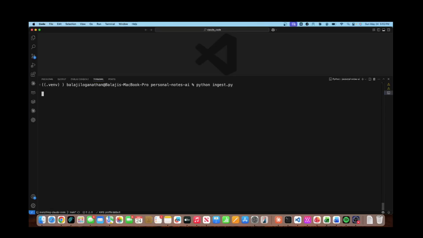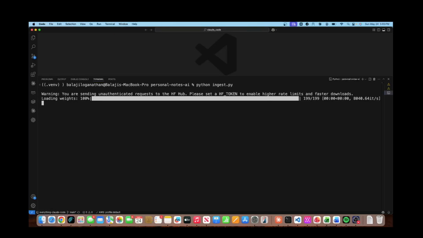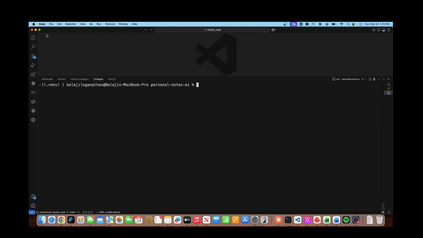Once the notes are ingested, then we can start asking questions. So this is a very simple use case where anybody can install the application and then immediately start using it. So as you can see here, it says ingested 5 nodes from the notes file, and then we can now start running the commands.